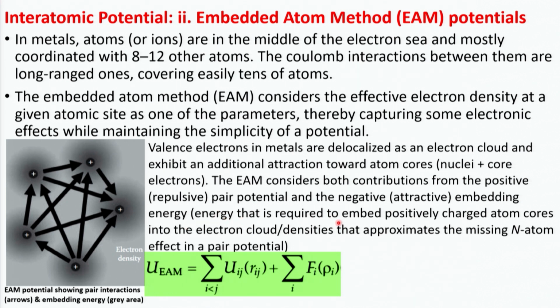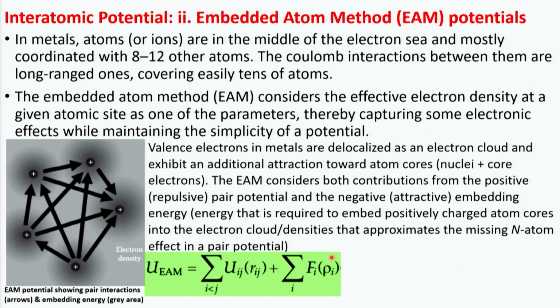The embedding energy is nothing but the energy that is required to embed a positively charged atom core into an electron cloud density that approximates the missing N-atom effect in a pair potential. Essentially in the EAM potential, you have the pair potential, and at the same time you also have the embedding potential given as a function of the charge density. This charge density, again, we need to rely on